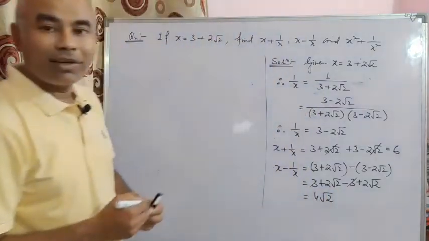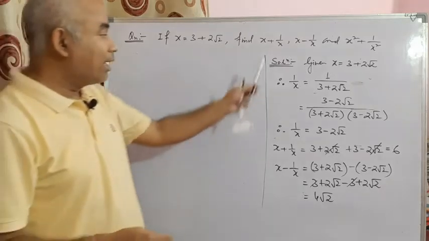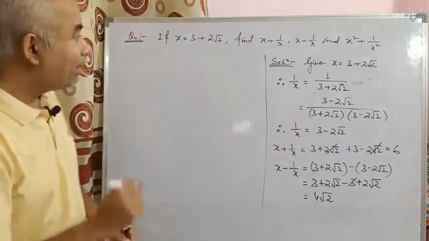So very easily you can find out x plus 1 by x and x minus 1 by x if you write 1 by x and rationalize the denominator. Okay. Next is